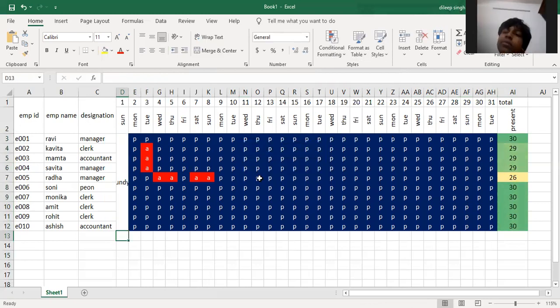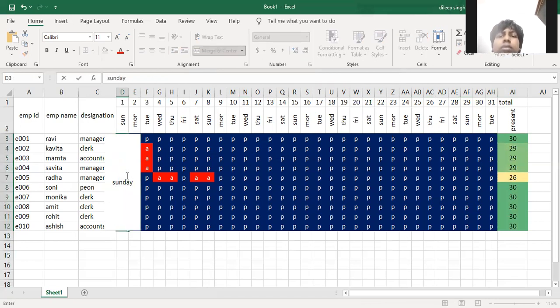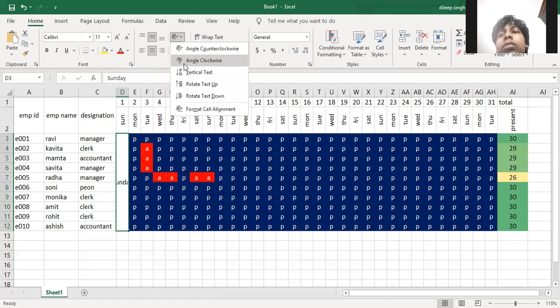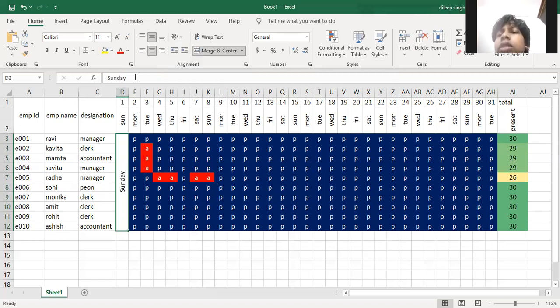After typing SUNDAY, select it and change the direction by using this option. Just click on this and click here. You can change the direction like this, and you can also set the color by using this.